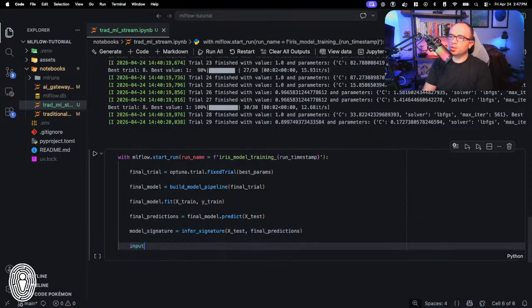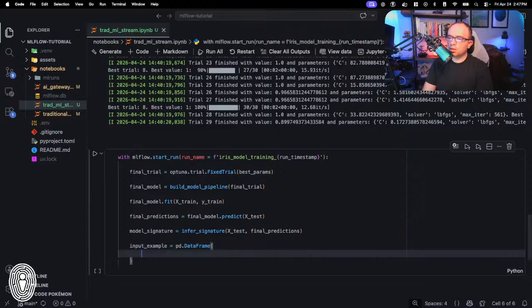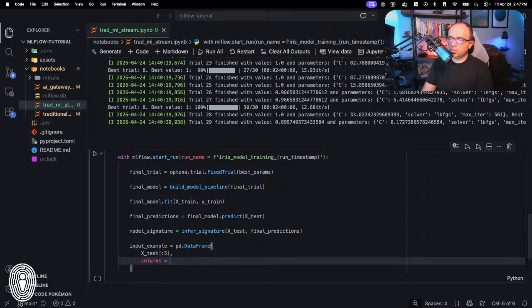So I'm going to say input example equals pd.DataFrame, x test. We're just going to grab the last 5 rows of x test, columns equals feature IDs.